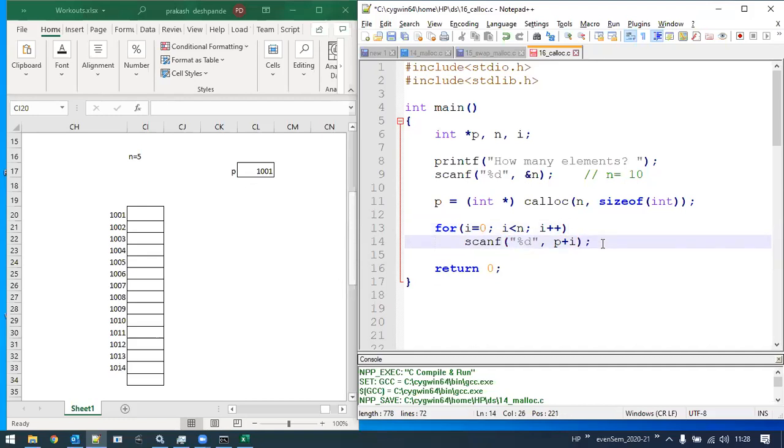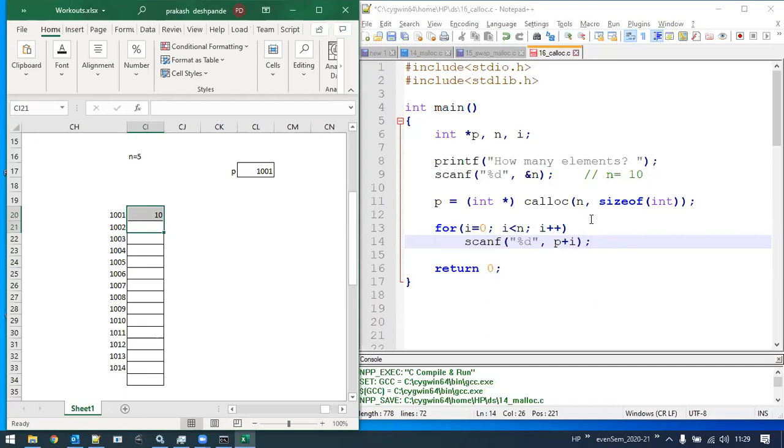P plus 0, because in the first iteration, i is 0. So P plus 0 means 1001 plus 0, that means the same memory location 1001. So the first number I enter is going to be stored into the memory location here. Say if I enter 10, that 10 is going to be occupying over here. So these 2 memory blocks are reserved for the first element.